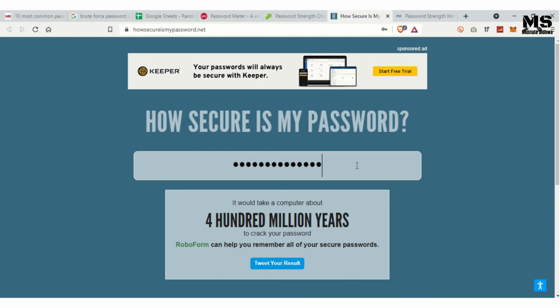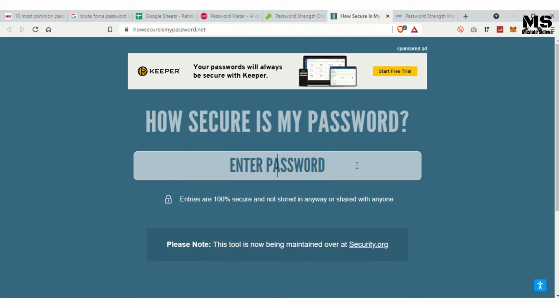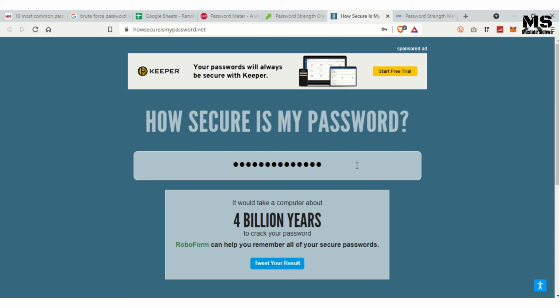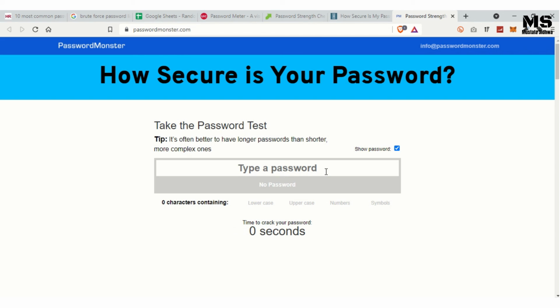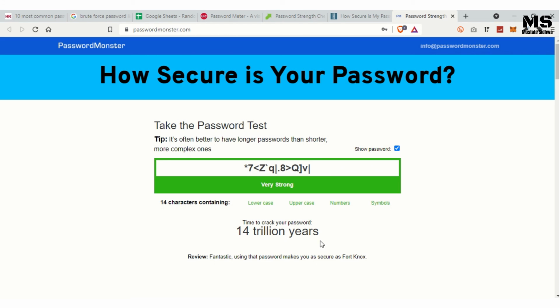Let's check this website and see what it says. How secure is my password.net? Here it says again 4 billion years. And let's come back to Password Monster and see what it says. Here it says 14 trillion years. So even this password that was randomly generated is a very safe password.